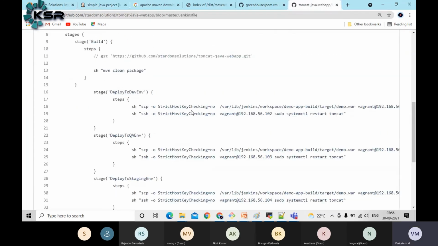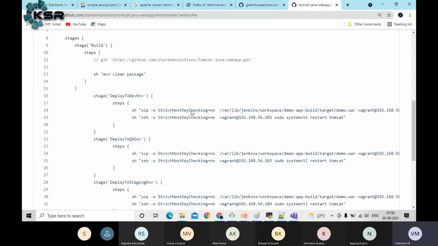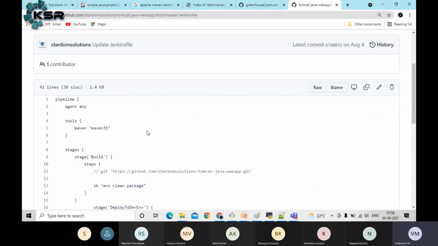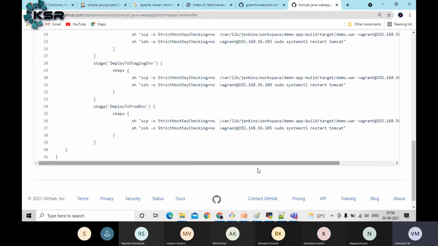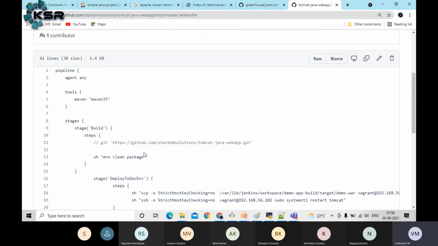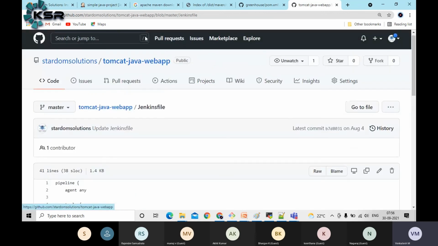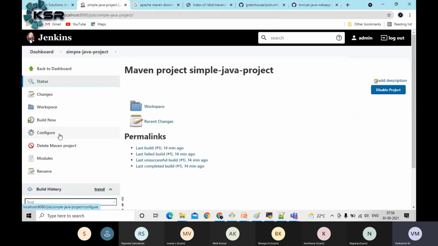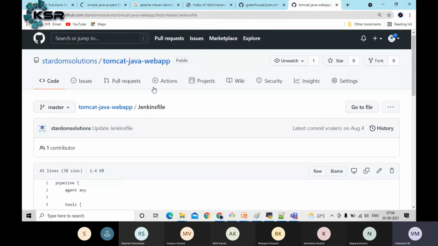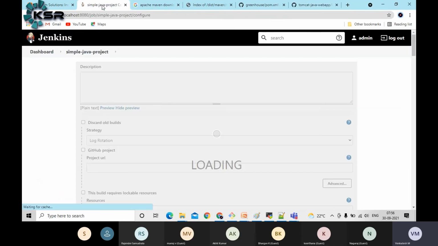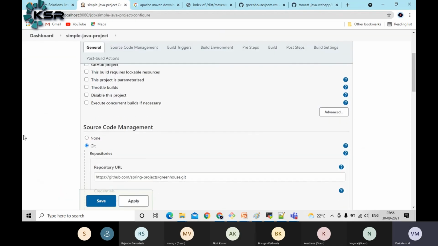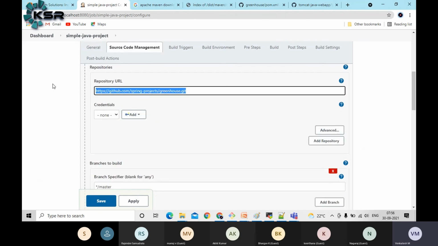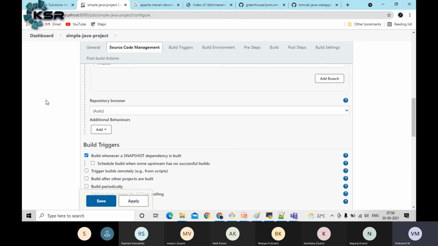I think you asked me something: how to create this, I mean the Jenkinsfile. This is pipeline as code. I think Kirtana asked the question. This is how we can create a pipeline in an automated way. Whatever steps we are doing here in the UI, we'll do the same in the Jenkinsfile script. This part I will cover maybe next week. First of all, you are completely new to DevOps, so be comfortable with the basic stuff. Later we'll go for the advanced level. Let me save this one.